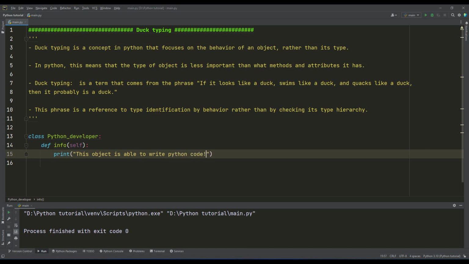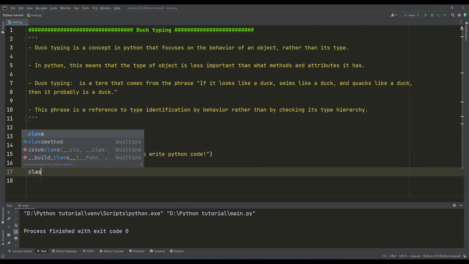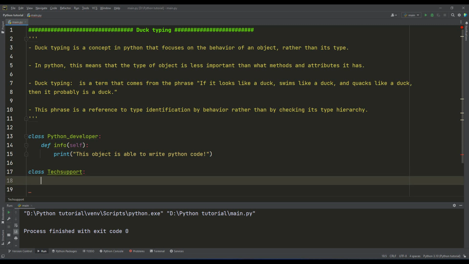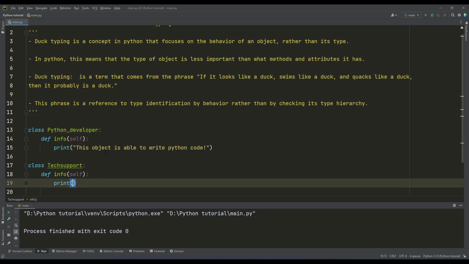At the same time, we have another class in the company, for example tech support, and it has a method with the same name as the Python developer's method, which also prints a result when we call it: this object provides